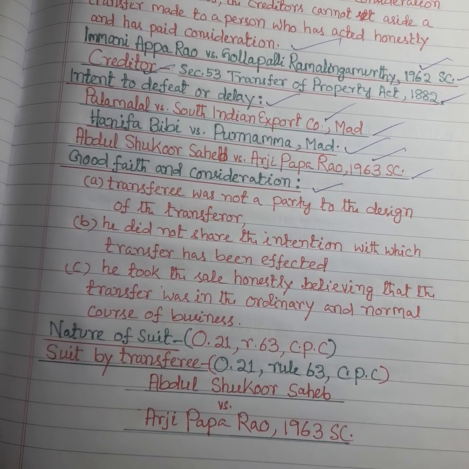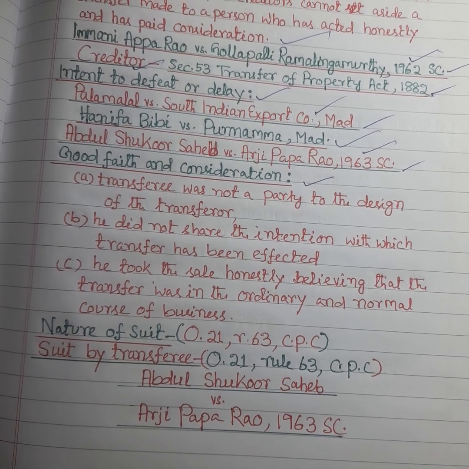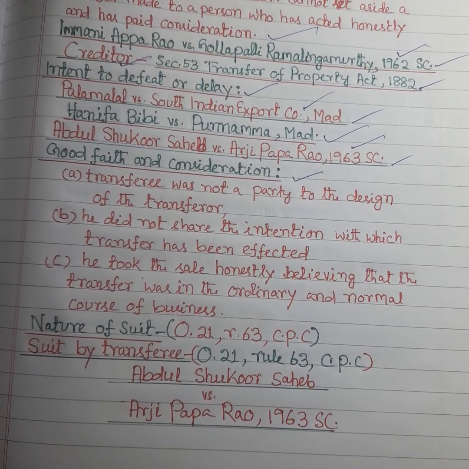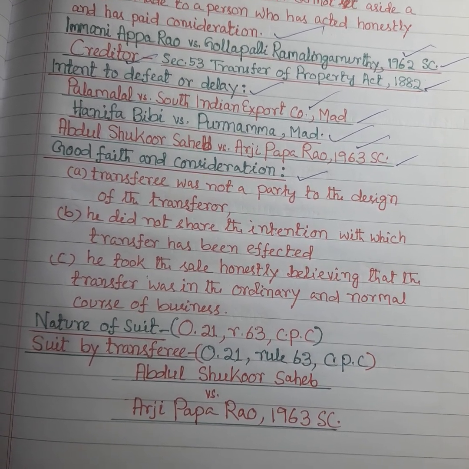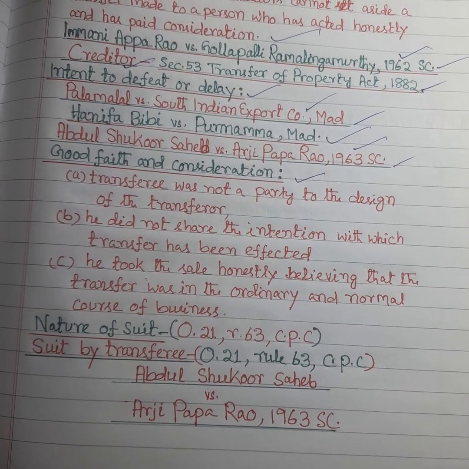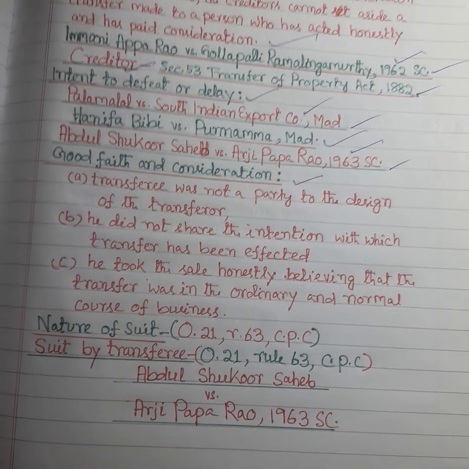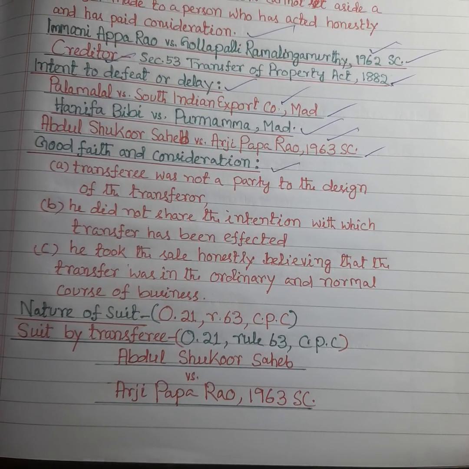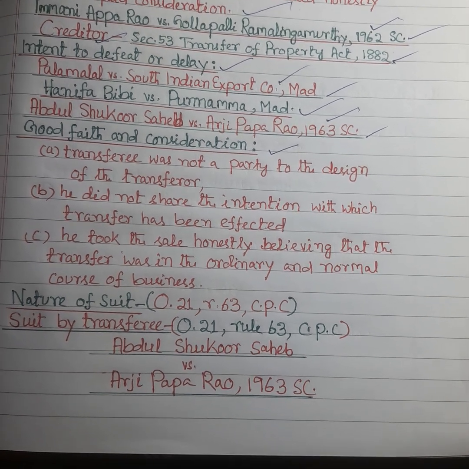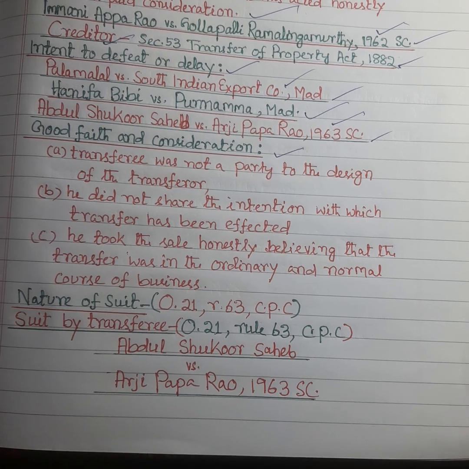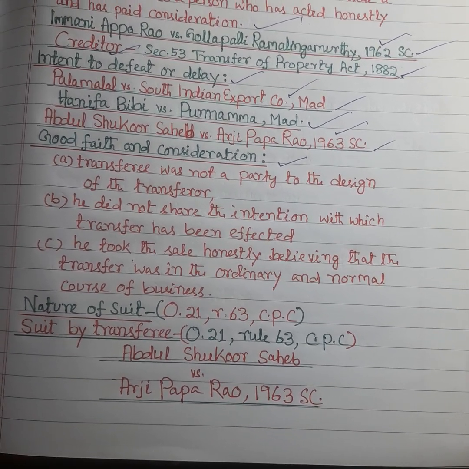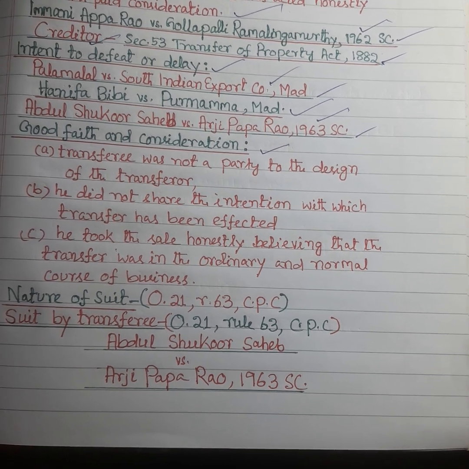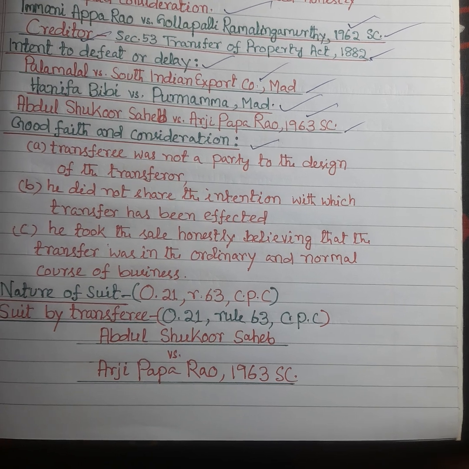Transfers for natural love and affection are treated as transfers without consideration, where the fraud on the part of the transferor is established. The burden of proving that the transferee falls within the exception is upon him, and in order to succeed, he must establish that he was not a party to the design of the transferor, so also he did not share the intention with which the transfer has been effected, and so also he took the sale honestly, believing that the transfer was in the ordinary and normal course of business, as it was also observed by the apex court in the same leading case,